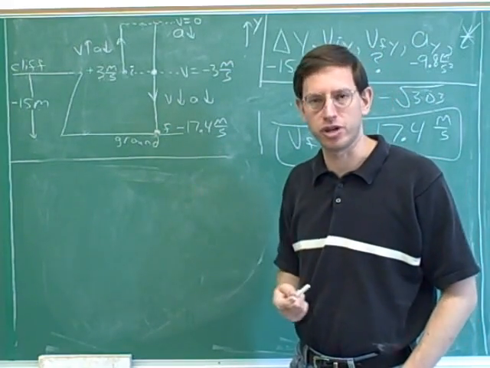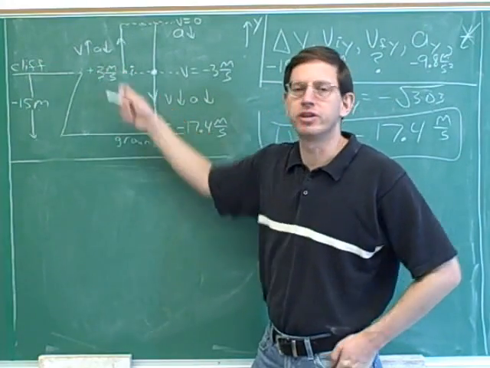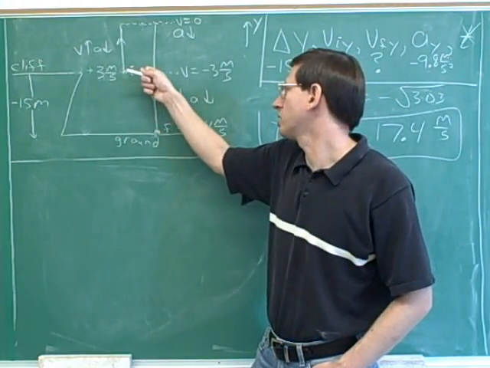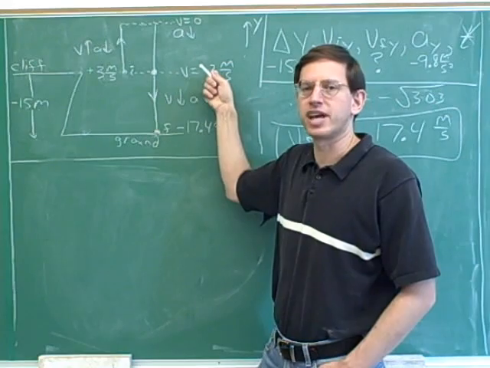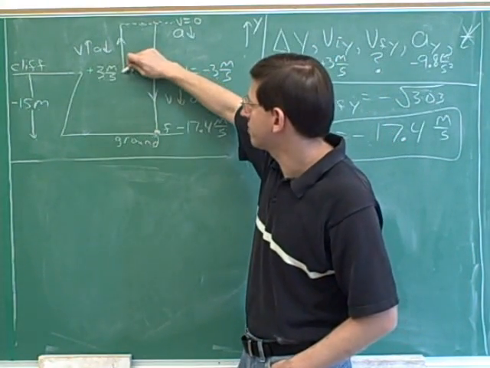It's important to have that intuition for projectile motion. So since we originally left the cliff at 3 meters per second, when we pass the same height going down, we'll be going at 3 meters per second again, but we'll be going at negative 3. So notice here, we started at positive 3,